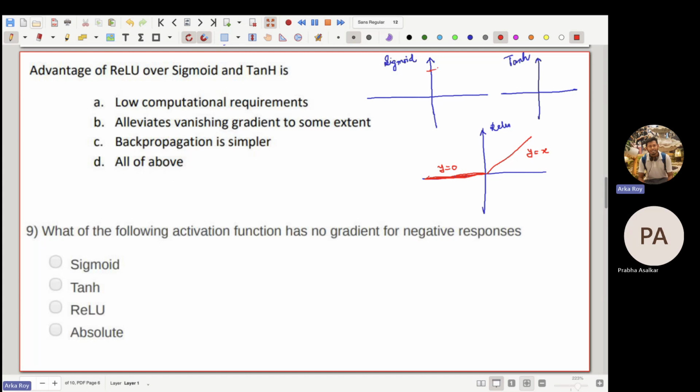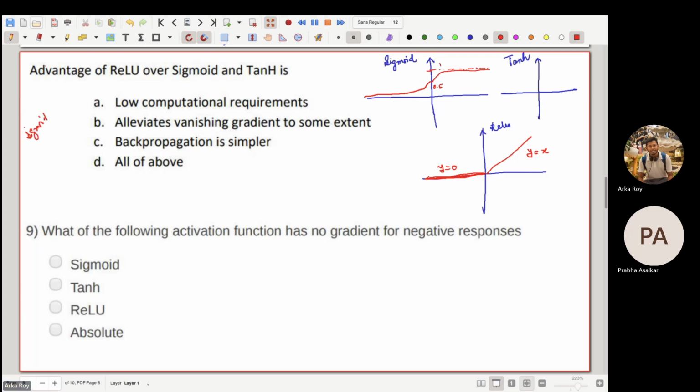On the other hand, sigmoid at zero has a value of 0.5, and if you increase the value, it will reach 1 asymptotically. If you decrease the value, it reaches 0 asymptotically. Asymptotically means if you put plus infinity, then you will get sigmoid output equal to 1. And if you put minus infinity in the sigmoid equation,